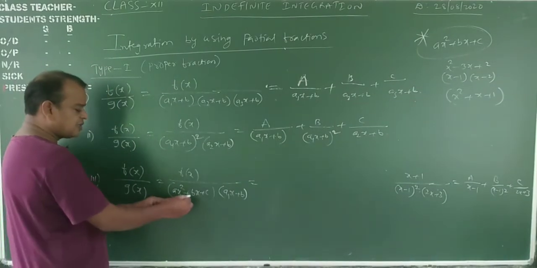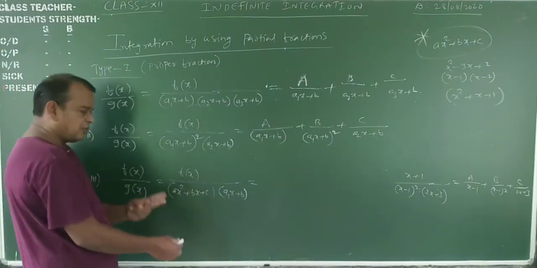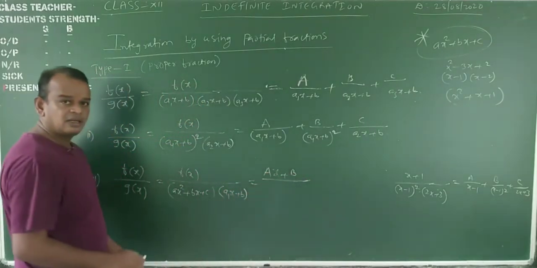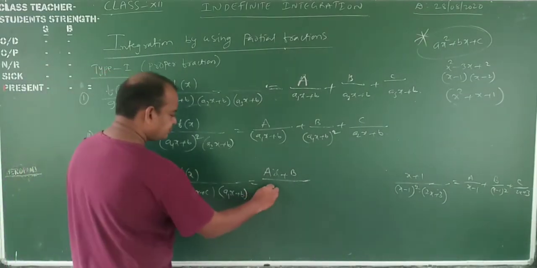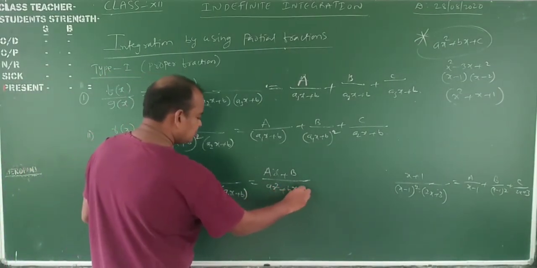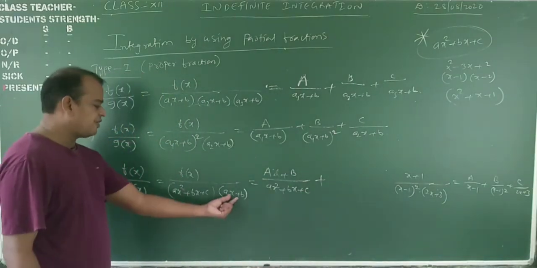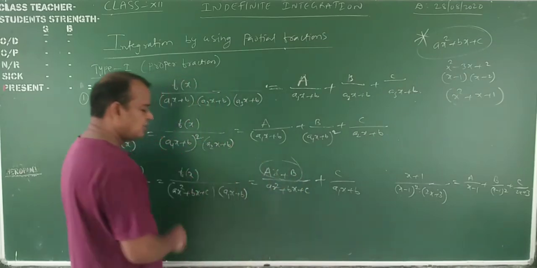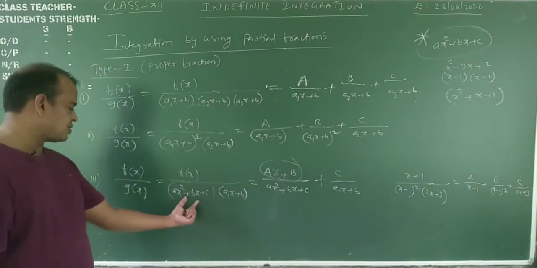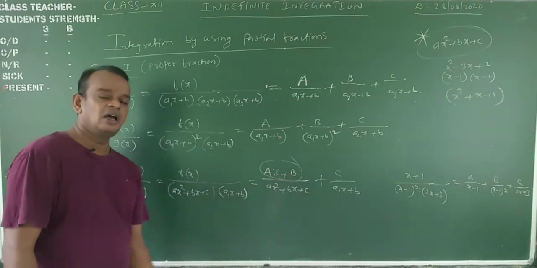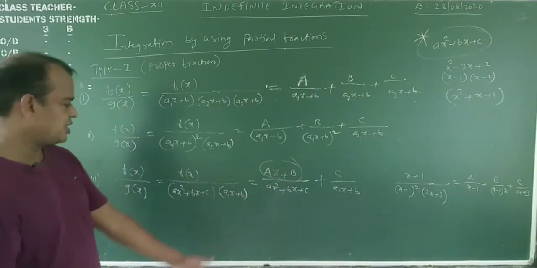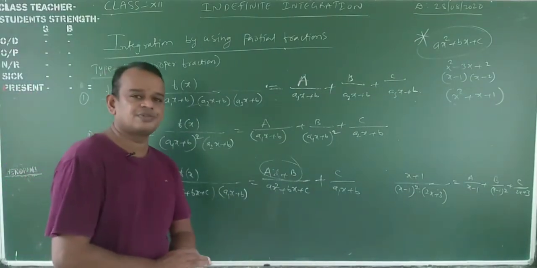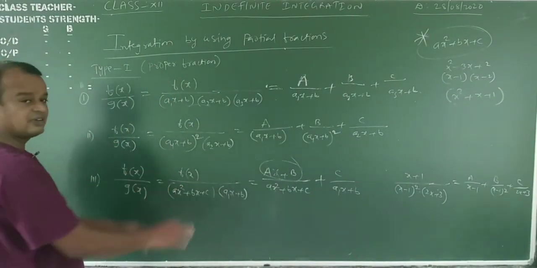If it has factors, again you convert it into the earlier types. It has 100% no factors. Then ax² has degree 2, so 2 variables exist. How to take this one? (Ax + b) by this one plus linear factor. Linear means c by a1x + b. Observe that. Whenever a quadratic expression is given, 100% in the numerator we will take the linear. Okay, my dear students. After that, take the LCM. We substitute some values. After that, comparison of the coefficients. I will explain, no problem. First, how to split this one.